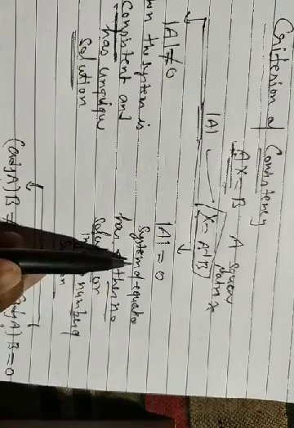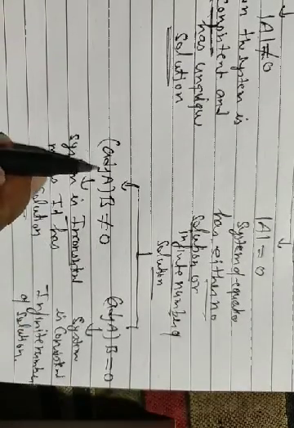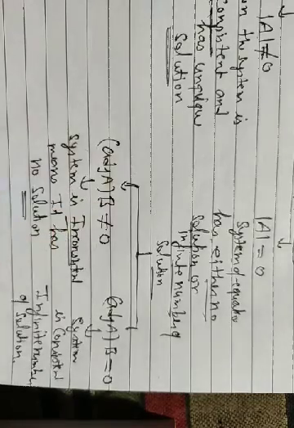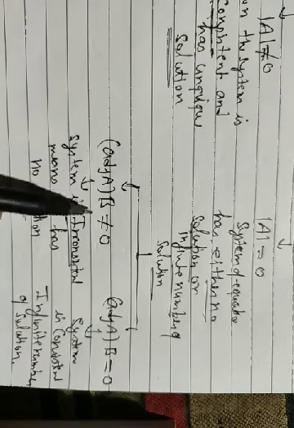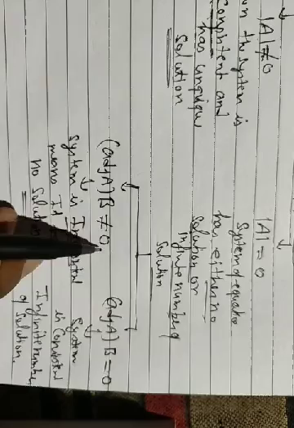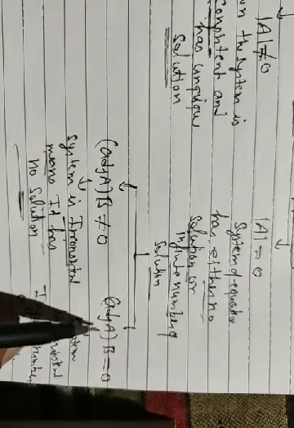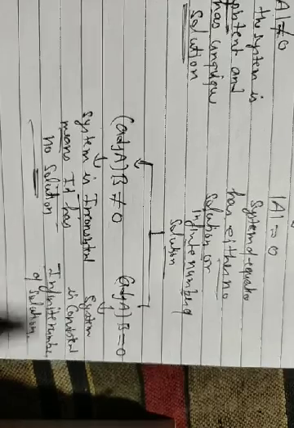When there is an infinite number of solutions or no solution, how do we find out? We find the product of adjoint of A into B. B represents the constant numbers in the linear equation system. If the product of adjoint of A dot B is not equal to 0, it may be positive or negative, then our system is inconsistent. It means it has no solution. When adjoint of A into B equals 0, the system is consistent and it has an infinite number of solutions.